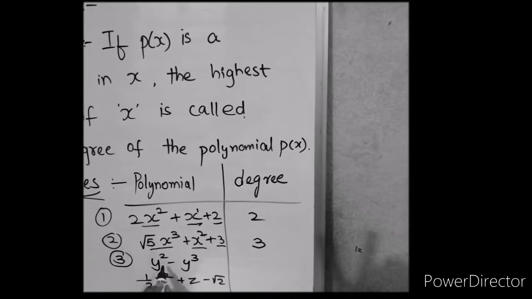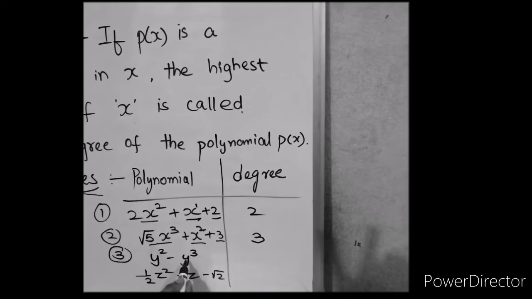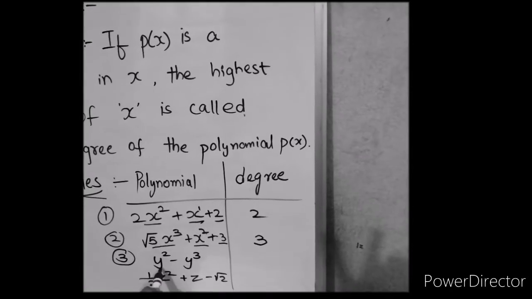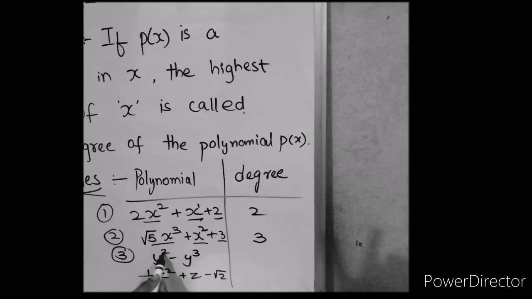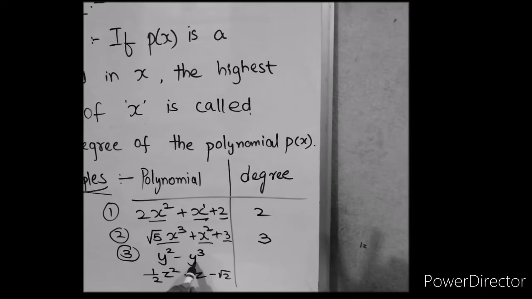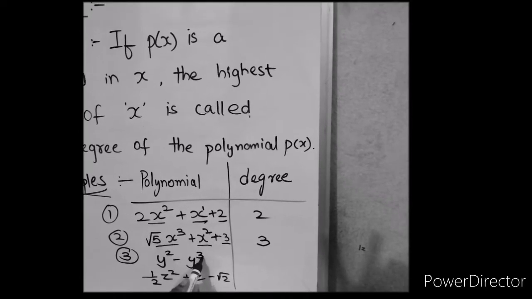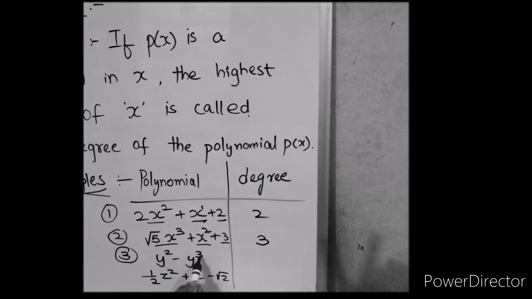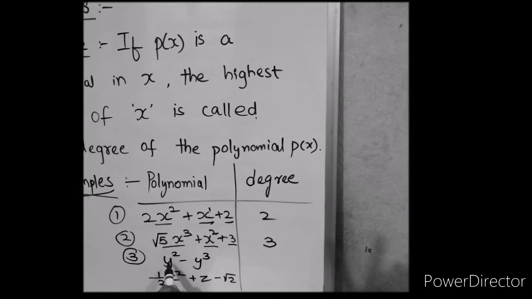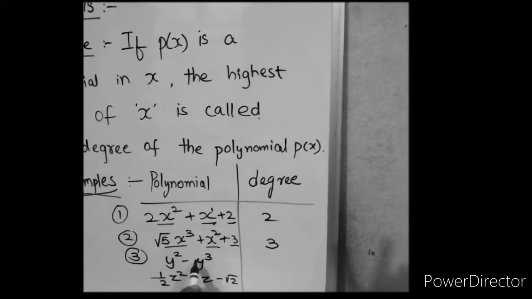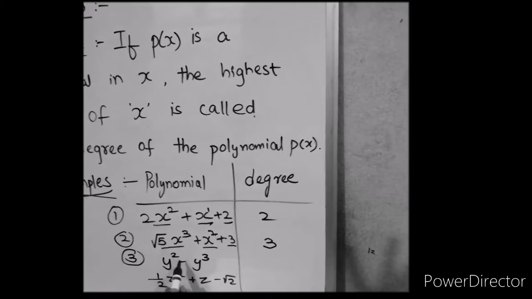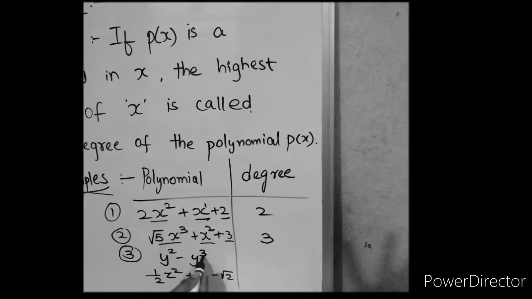Okay, third problem, it is consisting of variable y, and if you are going to check the powers of each of the terms here, it is y square, which is 2 here. The power of the y is 2 here, and in the second term the power of the y is 3 here. And if you check both of these, the 3 is the highest power here. Most importantly, you have to know here is, although the y cube is written in the second term, the degree is bigger than the first term. Therefore, we have to take the degree as 3.